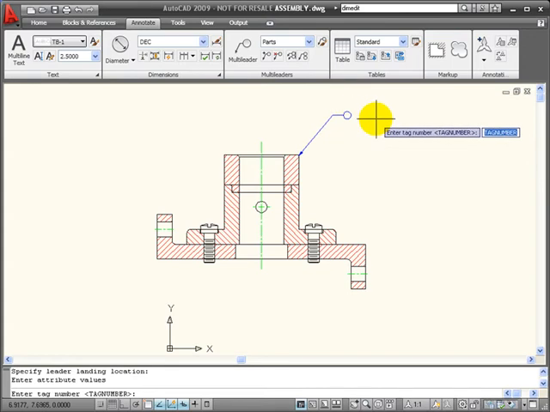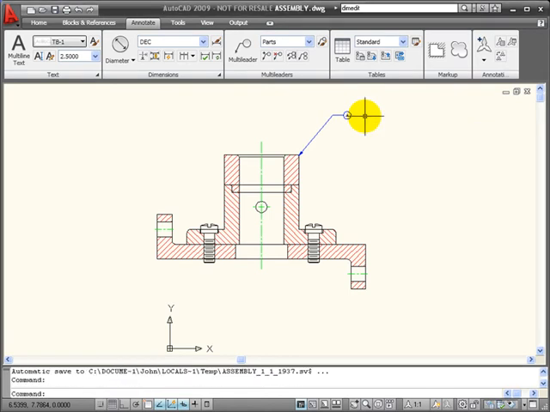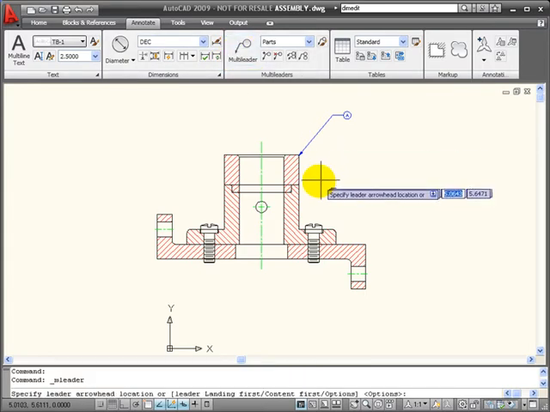And then it wants me to enter the tag number or the tag information. In this case, this is going to be part A, and I can hit enter, and you see that it inserts that text into my multi-leader. We're using a block style multi-leader for this parts list. And so I can continue